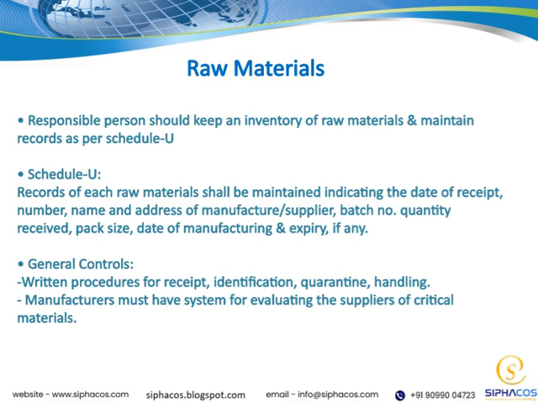They should also record the batch number, the quantity received, and the pack size. Additionally, it's important to note the manufacturing date and expiry date, if applicable. These records ensure traceability and help maintain quality standards throughout the process. Moving on to Schedule U itself, it requires that all these details are systematically recorded. This way, we can track every raw material from its arrival to its use, which is crucial for quality assurance